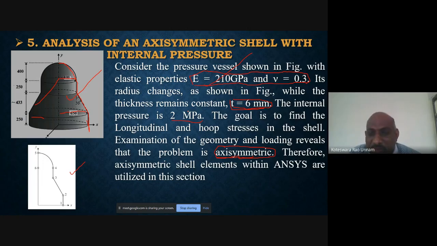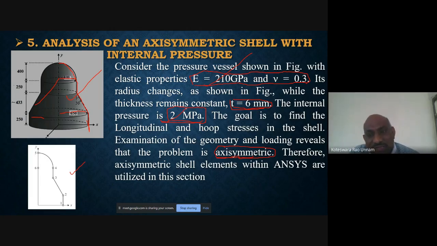Similarly, the loading should also be axisymmetric. Since the given shell is subjected only to internal pressure throughout the shell, the load is also axisymmetric. So all three conditions are satisfied: geometry, material, and loading.